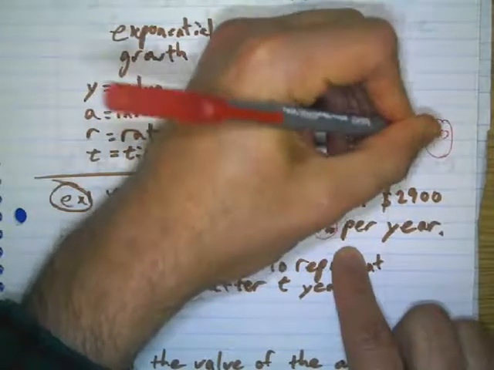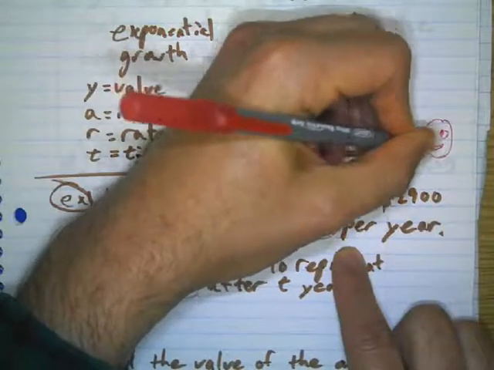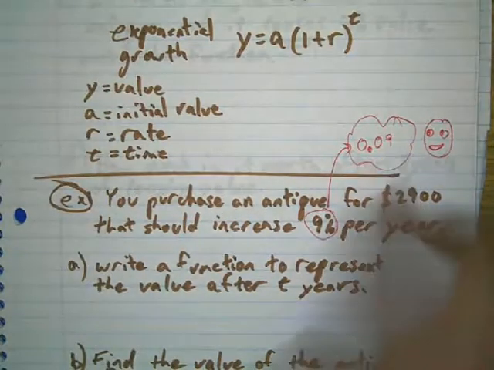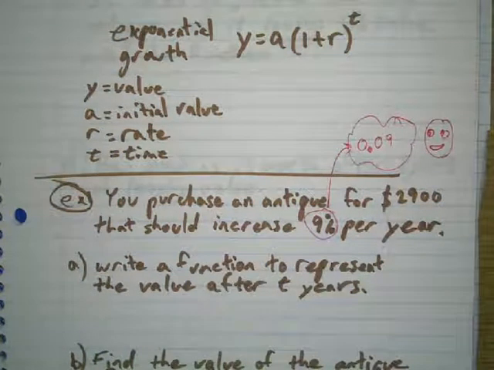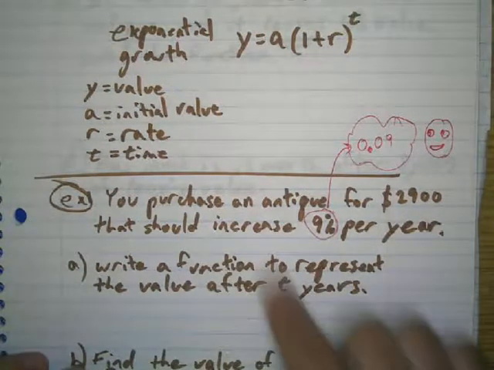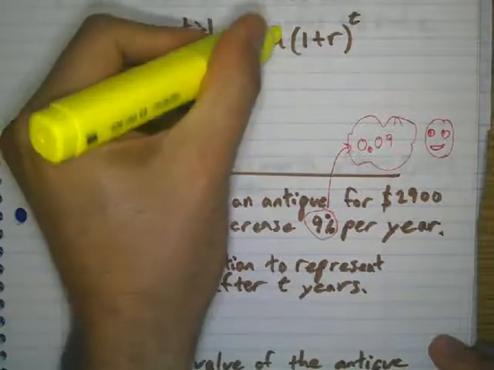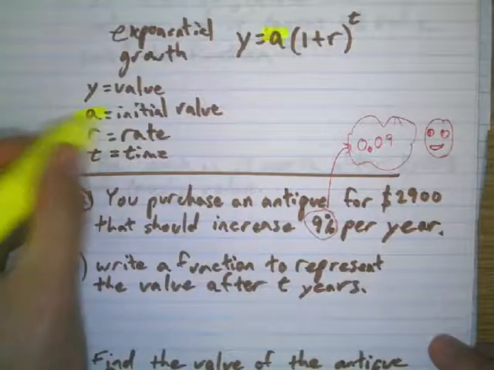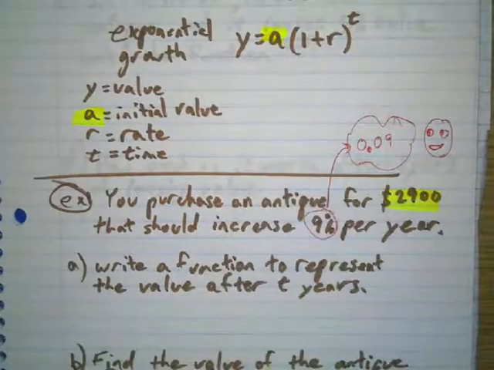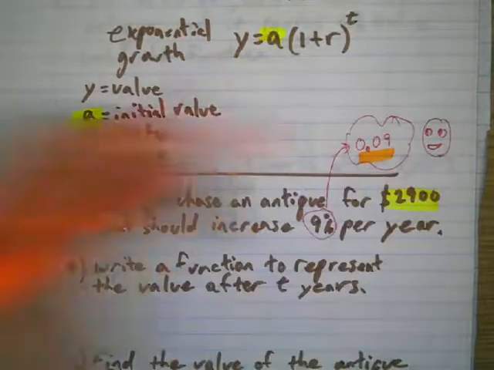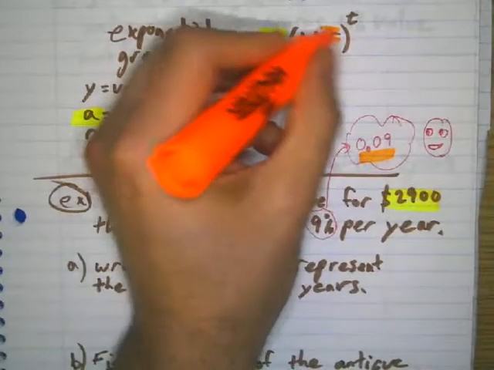Because if you don't remember that 9% is 0.09, then your calculations are not going to be accurate or correct. Okay, so using this, from looking at this, you know your initial value is 2,900. Your rate, for this value, we're going to put in 0.09,